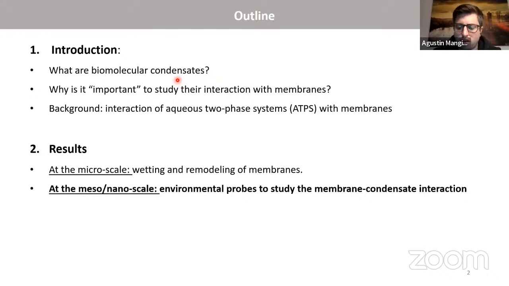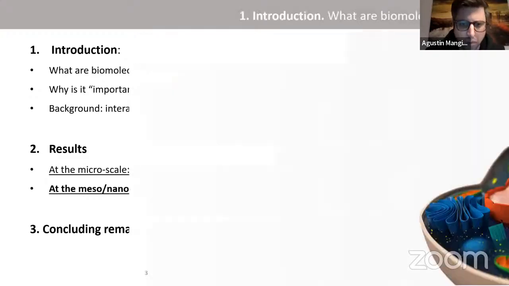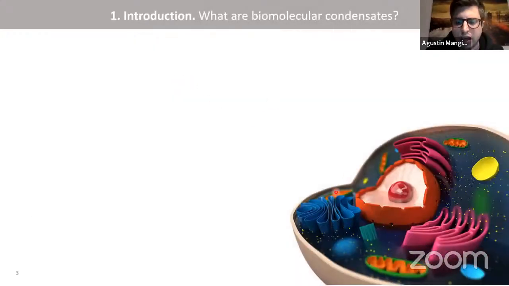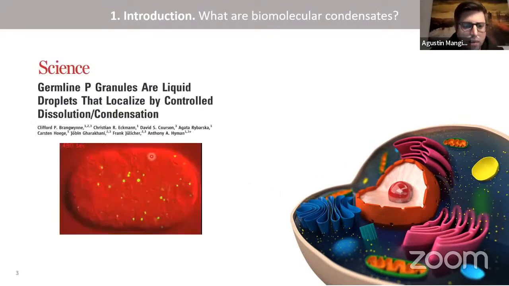So this is the image of the cell that we had 18 years ago, 15 years ago. So we have a cytoplasm enclosed in a membrane, and inside it we have several membrane-bound organelles. And until this work appeared in Science in 2009, and I don't know if I can play the video